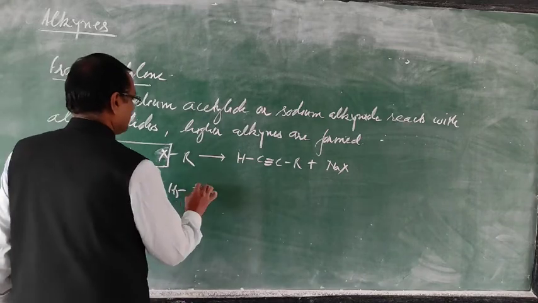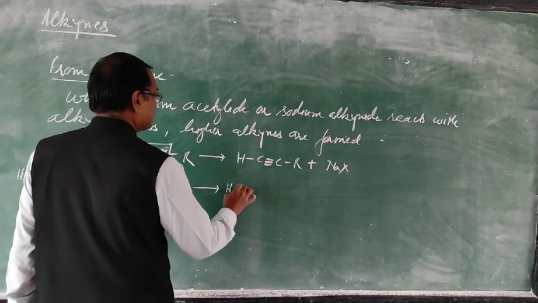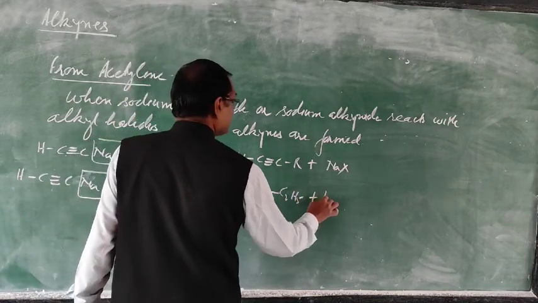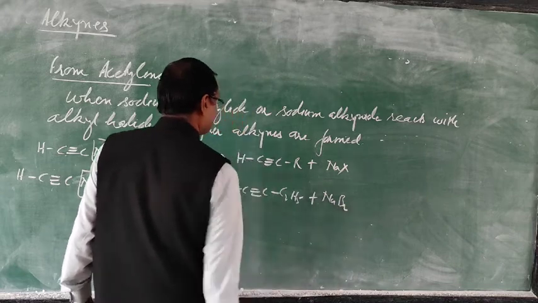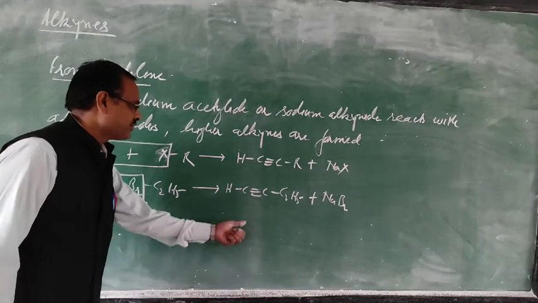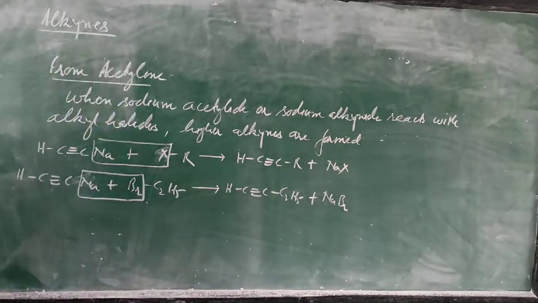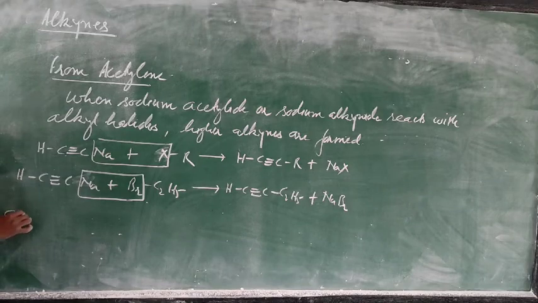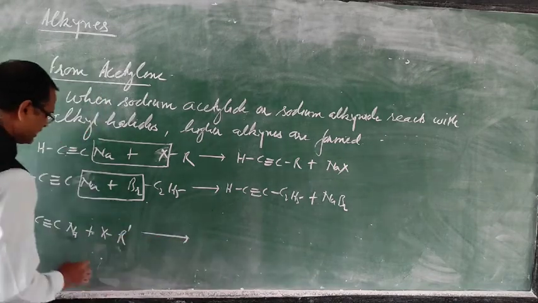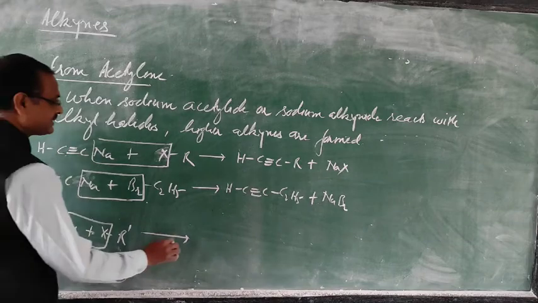It is up to you. As many number of carbon atoms you want, you can increase it. So by this method, you can increase the number of carbon atoms. So from acetylene, you are getting the butyne. And if you want, you can take the sodium alkynide also. This sodium alkynide reacts with alkyl halide. So this way you can get it.